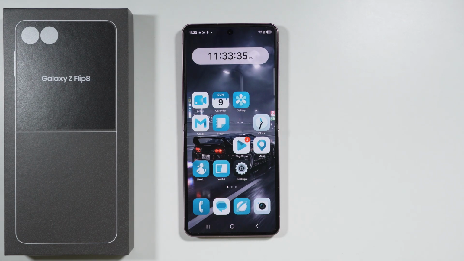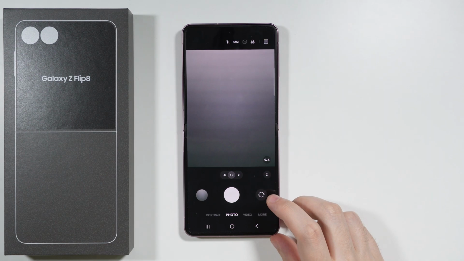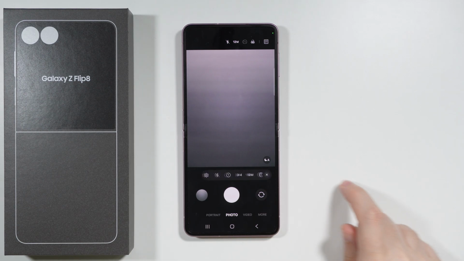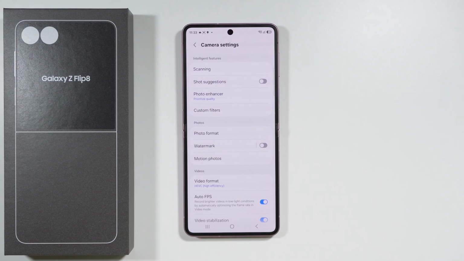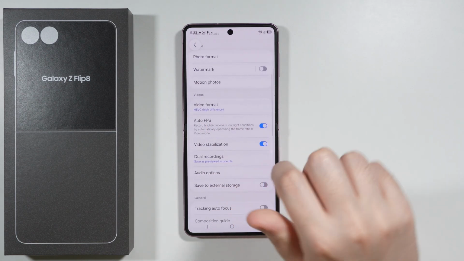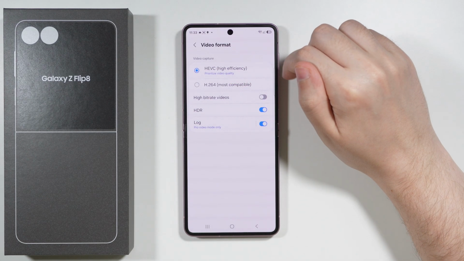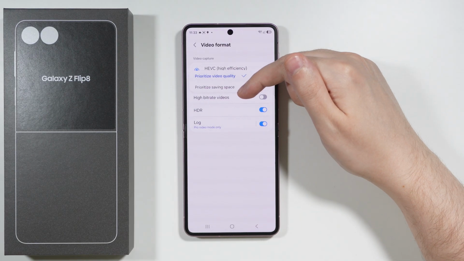To improve video recording quality on the Samsung Galaxy Z Flip 8, you can go to the camera, tap on these four dots that we have on the right side, and then tap on this gear icon to open camera settings. Now go to the video section and choose video format. In here we have the HEVC option, and if you tap on that option, you can also choose between the